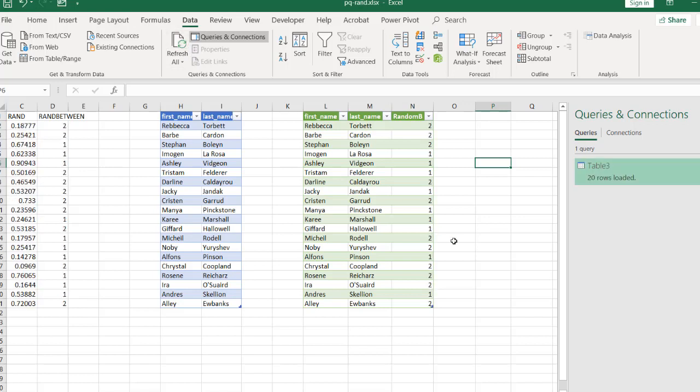So that's how we can create random numbers in Power Query, either a random number that's between 0 and 1, or the random between function. You can specify your numbers between 1 and x, or maybe 3 and 10, or something like that. Now, if you have something simple, of course, we should probably do it in Excel. But if you already have steps that you're doing something in Power Query, or you've got large data sets, you do this on a recurring basis, Power Query might be something where you can put it in as part of your steps within